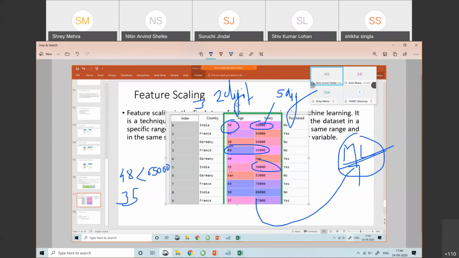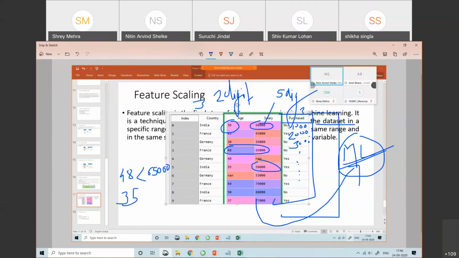So to avoid this problem, we go into one normal scale, so that every column is going to be on one scale. One scale means what? Let's suppose you have one more column here, which contains other values like 1,000, 2,000, 3,000, 4-digit values, and so on. This is your third column.